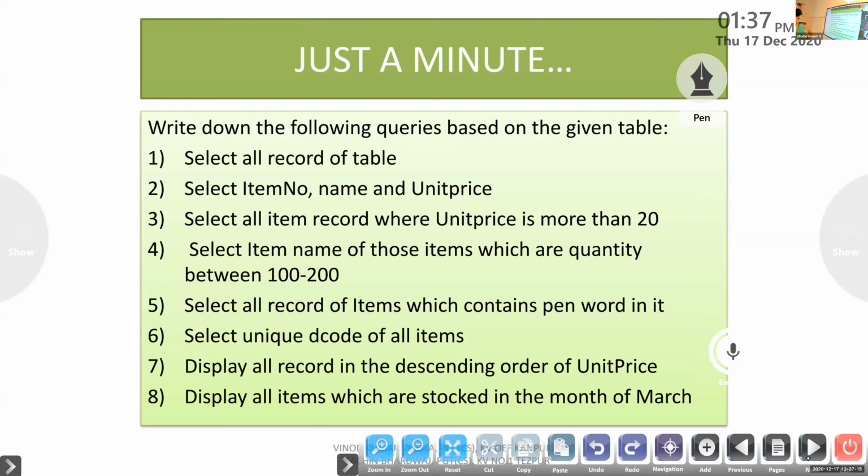You won't be getting this answer if you try it in your MySQL, because we haven't entered any values which is given in that page. So these queries are based on the previous table, but you can write the queries.